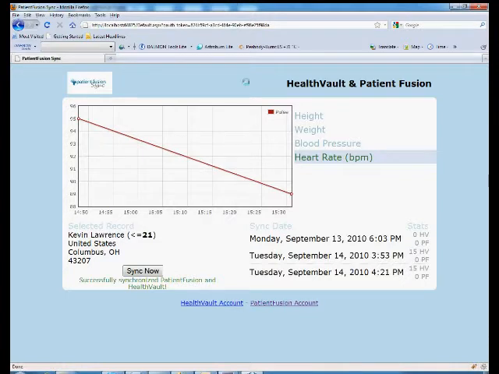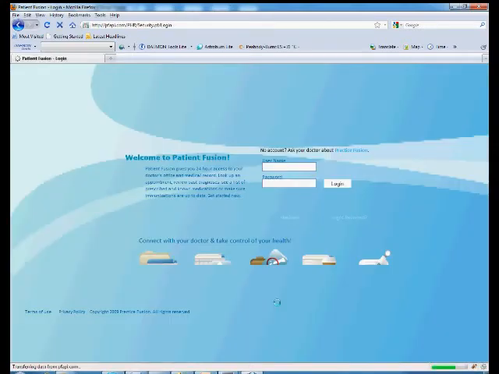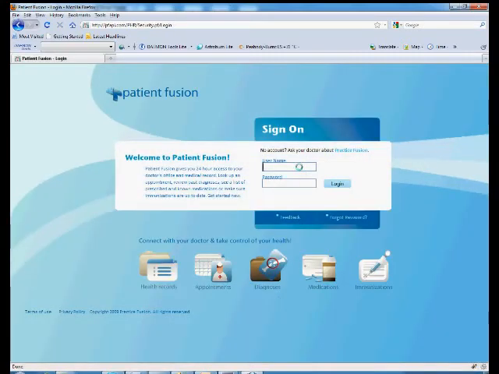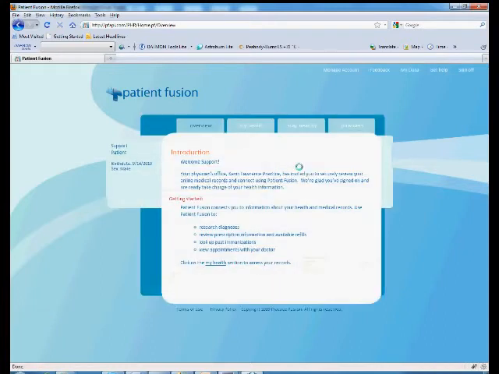Okay, now that we've synchronized between the two and see that there are 15 new records from HealthVault that went into Patient Fusion, let's go directly to our Patient Fusion account and log in and see the records that were passed up and updated, and most importantly, see the weight that came from the Ascali scale that now is up in the Patient Fusion